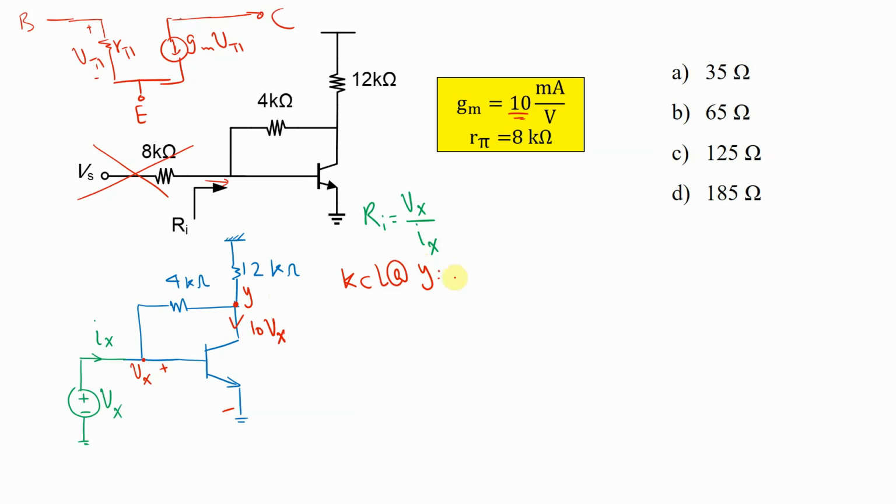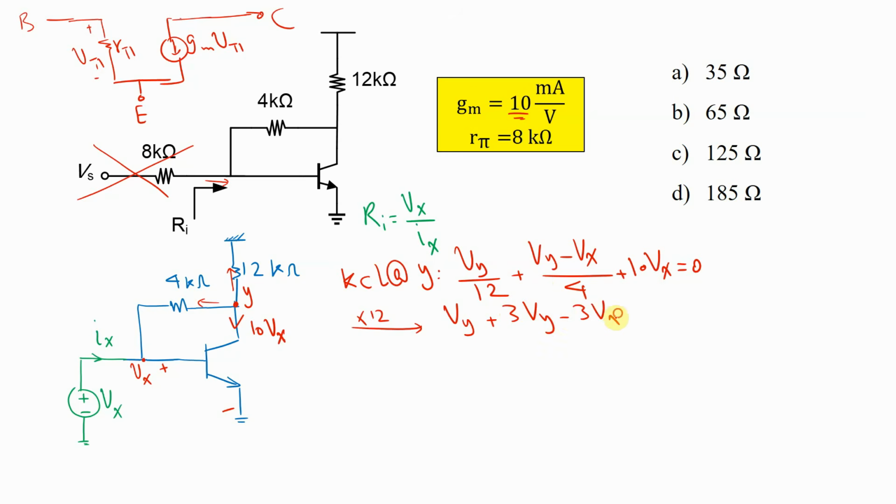KCL at Vy: Vy divided by 12, this current, plus Vy minus Vx divided by 4, this current, and this current here, 10 Vx plus 10 Vx equals 0. For the sake of simplicity, I'm going to multiply all of this by 12 to get rid of the denominator. Here it is Vy plus 12 divided by 4 is 3, so 3 Vy minus 3 Vx plus 120